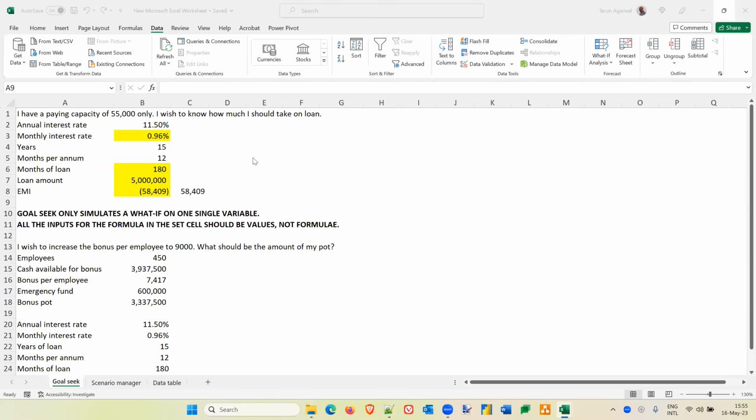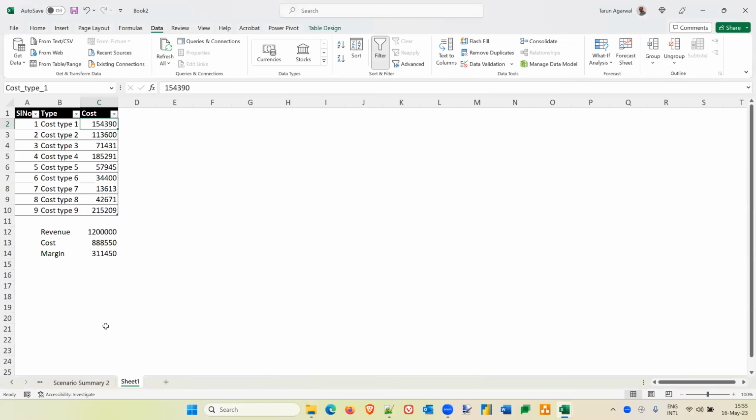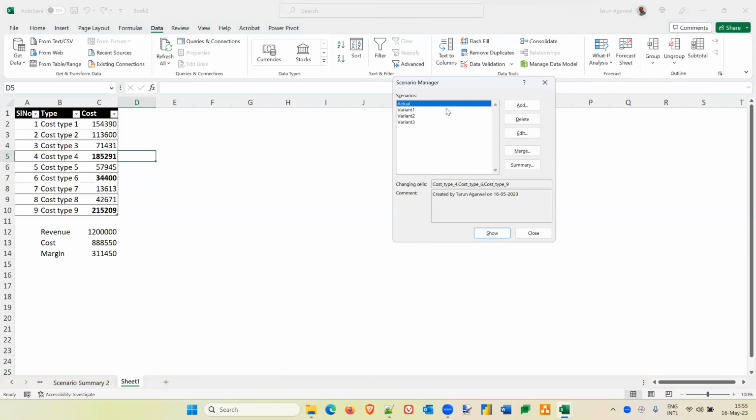Scenario manager allows us to create a view without going to the summary. Right here in place, if I were to highlight just for my own sake, which was it? This and this. When I go into my scenario manager, without doing the summary, I can choose to walk through each of my scenarios. This is actual. This is variant 2,